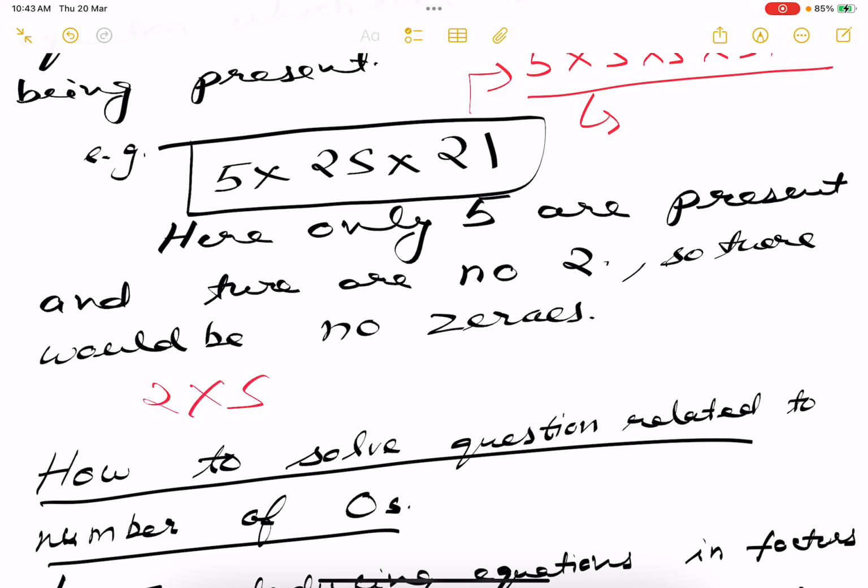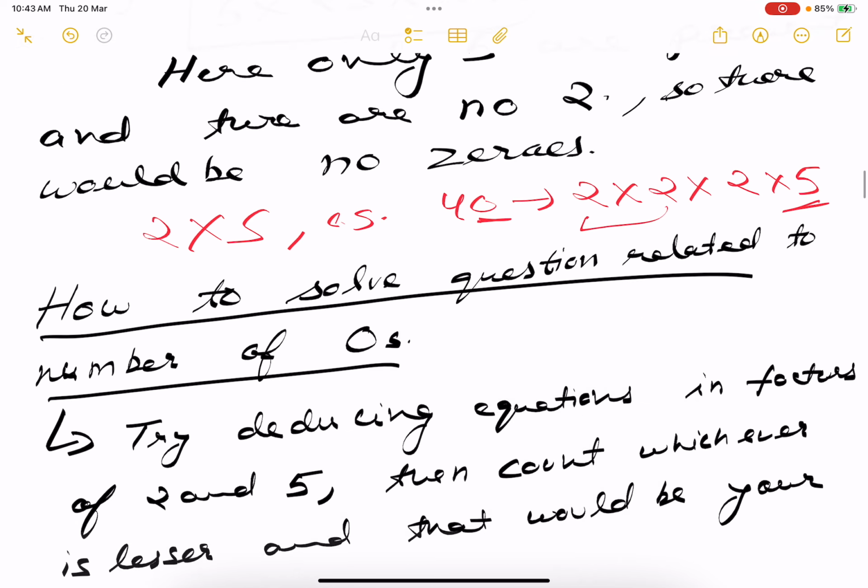Okay, हम उस एक्सप्रेशन को 2 और 5 की फॉर्म में तोड़ने की कोशिश करेंगे। एग्जाम्पल की फॉर्म में जैसे मेरे पास दिया हुआ है 40, तो मैं इसको 2 और 5 की फॉर्म में तोड़ूंगा। 2 इंटू 2 इंटू 2 इंटू 5, ठीक है। ये बन गया 4, ये बन गया 10। सो आप देख सकते हैं कि नंबर ऑफ 5 सिर्फ एक है, तो 10 आने के लिए सिर्फ एक ही 5 है, तो इसमें नंबर ऑफ जीरोस 1 आ गया ऑटोमेटिकली। आप समझ रहे हैं, आपको तोड़ना सीखना होगा इसे, ठीक है।